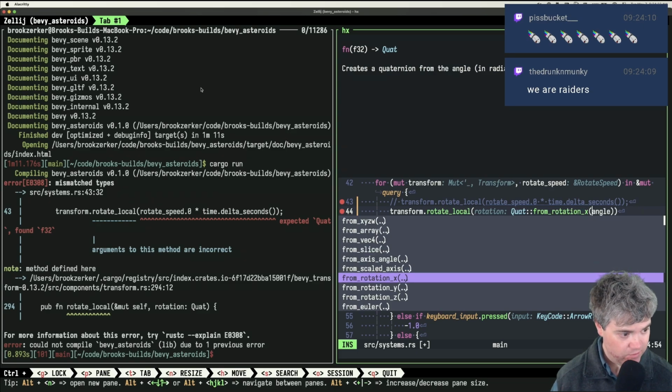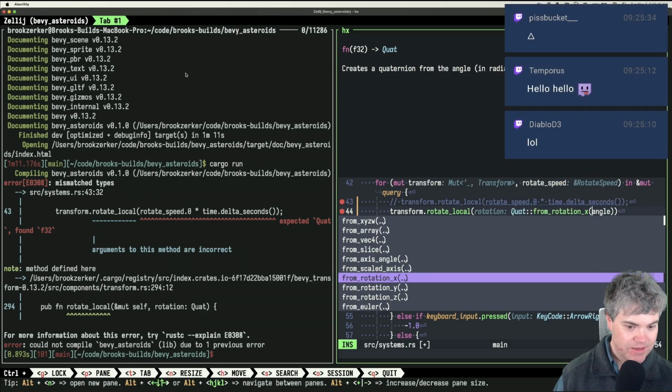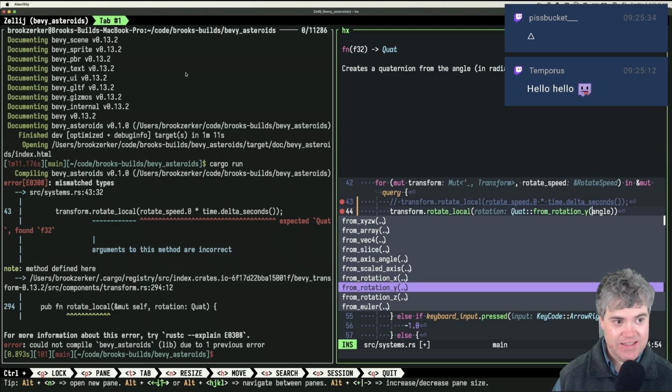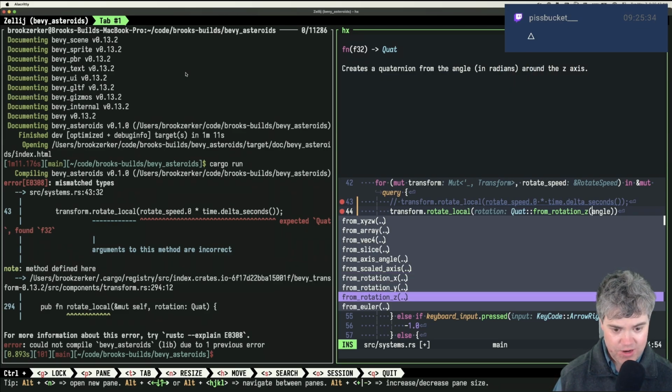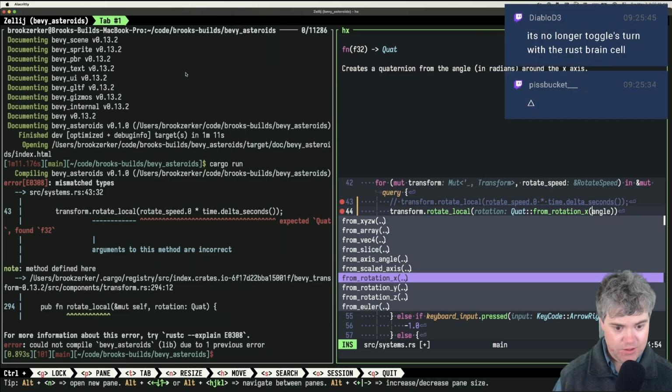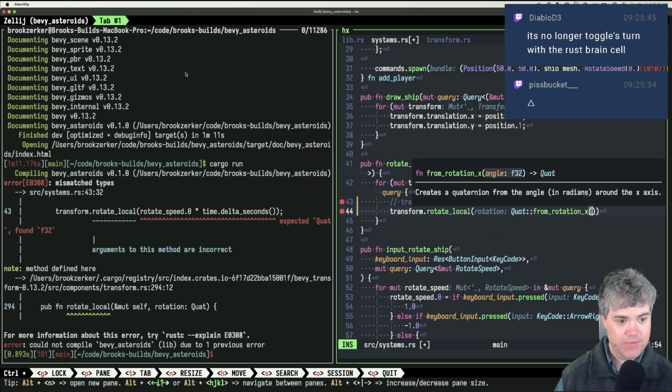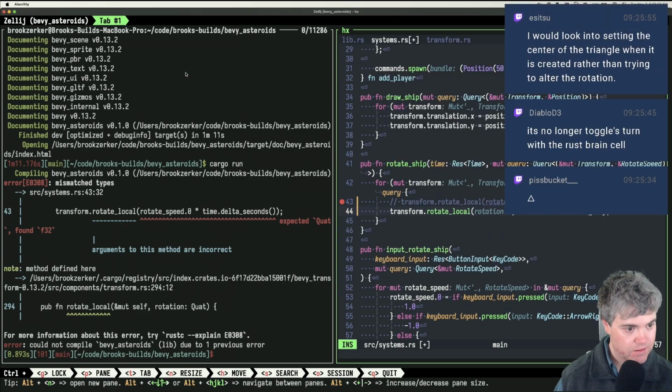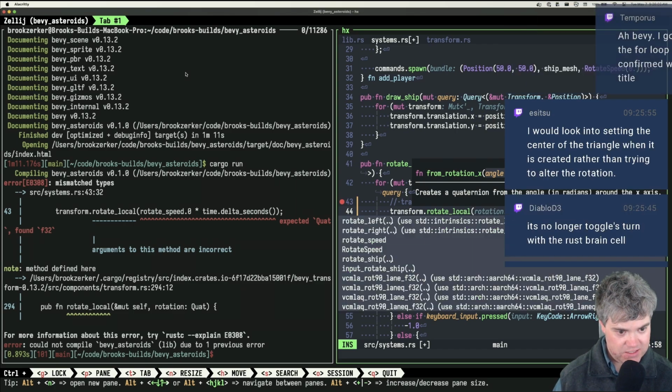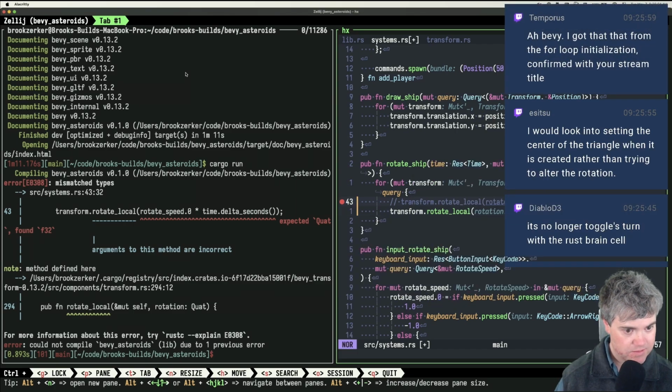Oh, okay, from rotation X. So now there's this from rotation X, and these are all... Okay, so this will probably let me rotate around. So if I do an X, and X is left and right, let's try something like this. We'll do our rotates. I can just change this. Okay, rotate local.